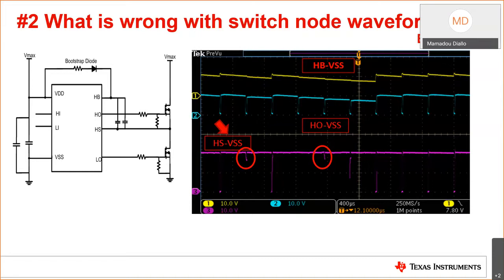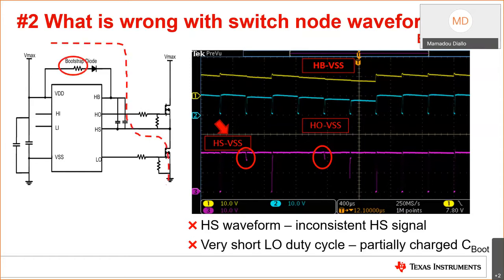This is again related to the HVHS capacitor not fully charging during the low side on time. Keep in mind that the bootstrap capacitor must be allowed to fully replenish every time that the low side FET is on. As it is right now, the low side transistor on time is too short due to the long duty cycle on the high side, preventing the switch node from switching to ground. The minimum bottom FET on time is determined such that it is greater than T equals CHVHS times R, R being the bootstrap resistor.